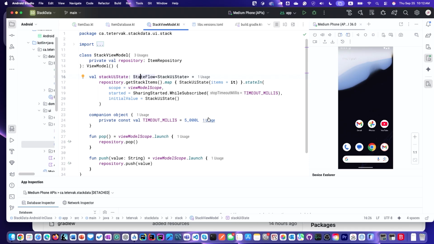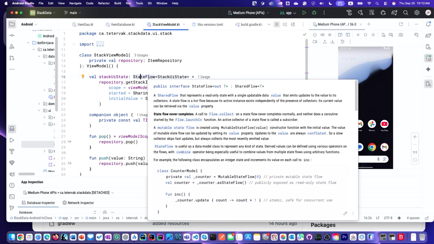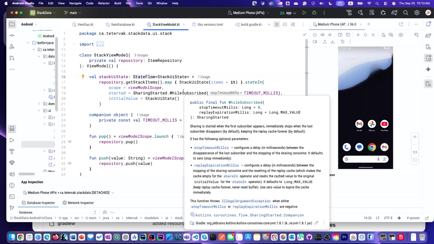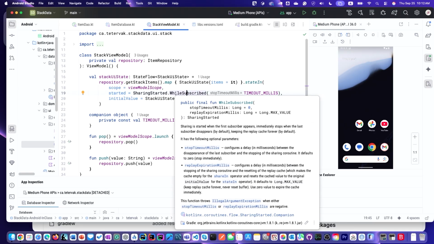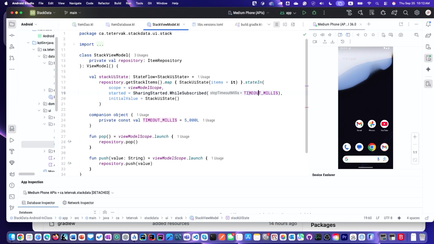Who is asking for the data? StateFlow. StateFlow is an active or hot flow because it's asking for the data. How does it work? There is a sharing started, while subscribed, and this part tells it to grab the data when